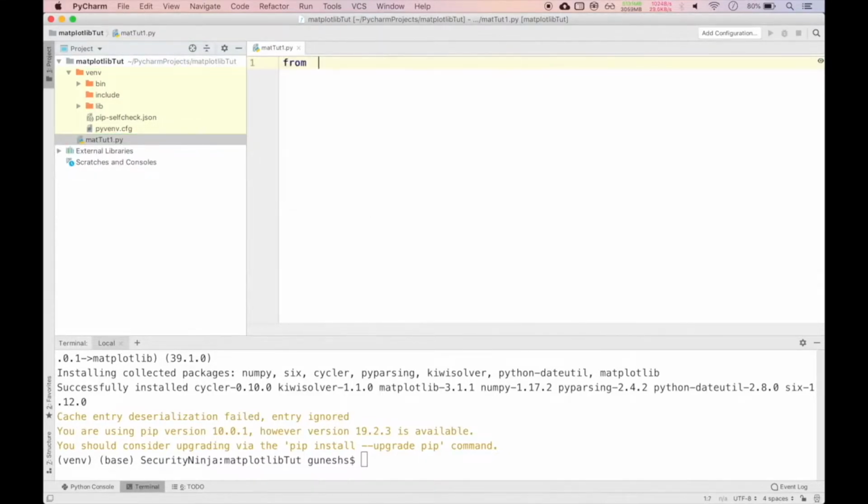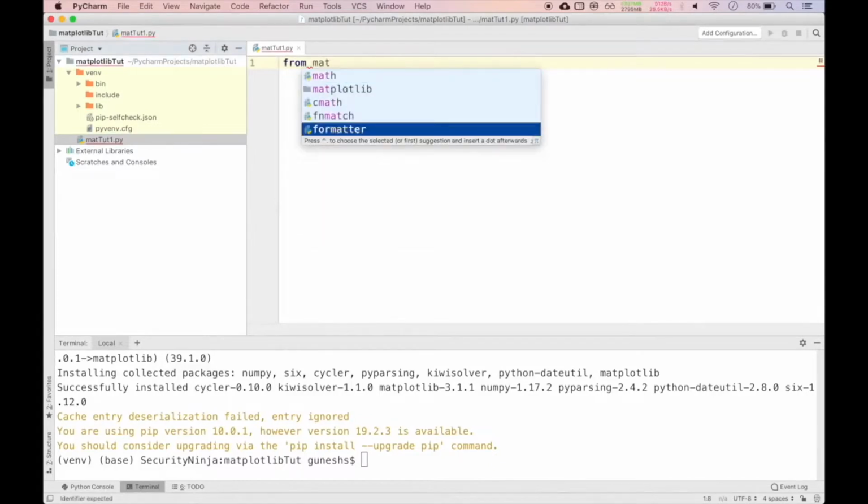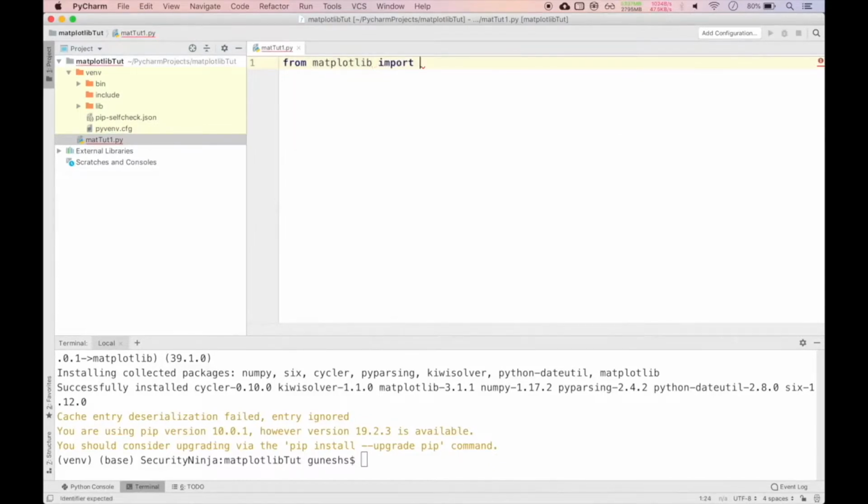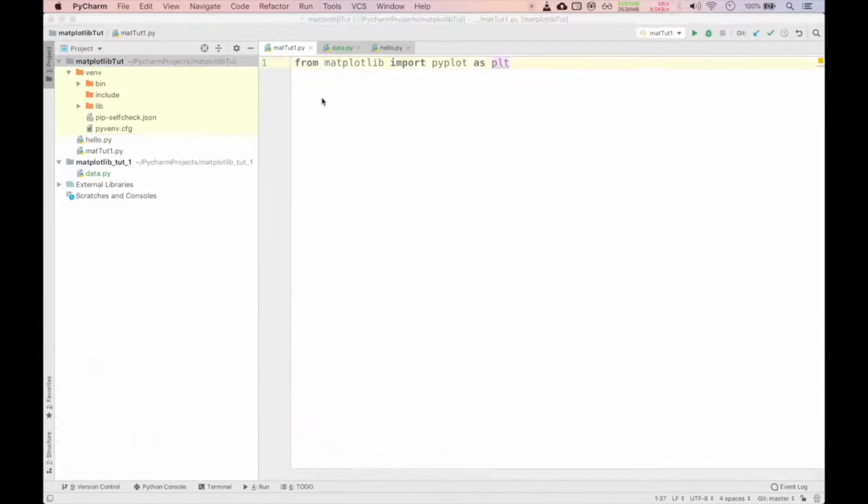So we'll use from matplotlib, we type import pyplot, and we can use an alias as plt. So whenever you want to use pyplot, we will call it as plt and the name of the function which you want to use. So now we have imported the pyplot package. So